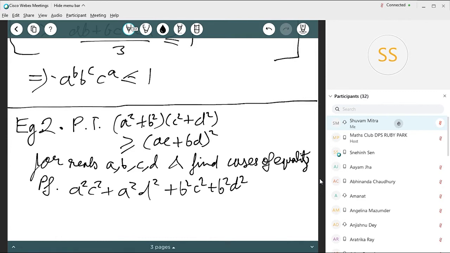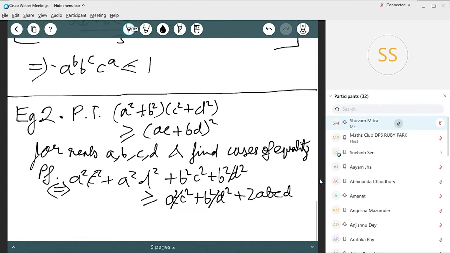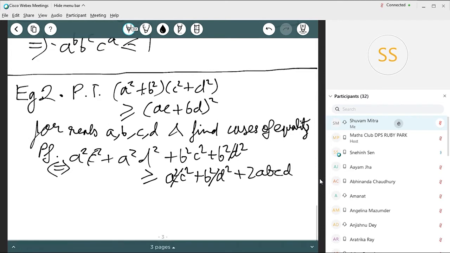We need to prove, equivalently, that the given inequality is true if and only if the following inequality is true, and you can cancel these terms off. So this first given inequality is true if and only if this inequality, which I wrote down over here, is true, which is true if and only if